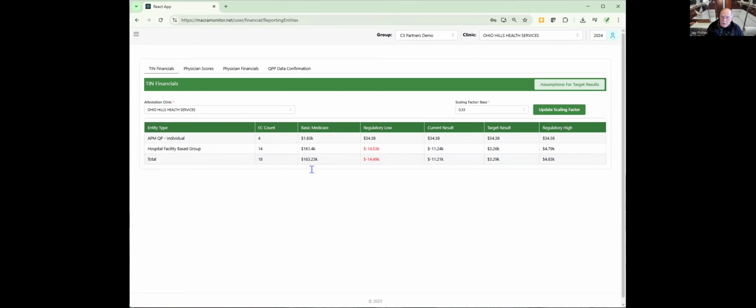So that's the quick and easy version of how we go about estimating your financial reimbursement and what the inputs to it are. And then finally, if you believe that the CMS numbers are, let's say, overly aggressive or overly conservative, you can